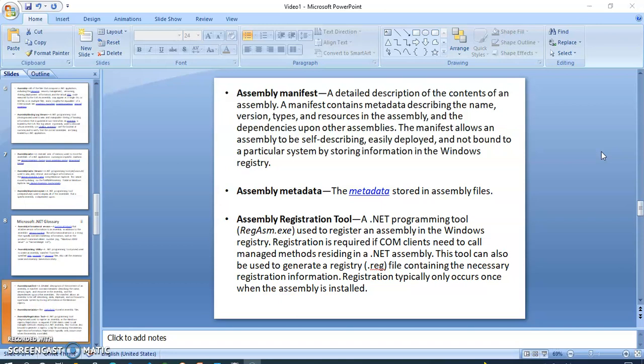Registration is required if a COM client needs to call managed methods resulting in a .NET assembly. This tool can also be used to generate a registry file containing the necessary registration information. Registration typically only occurs once, when the assembly is installed.